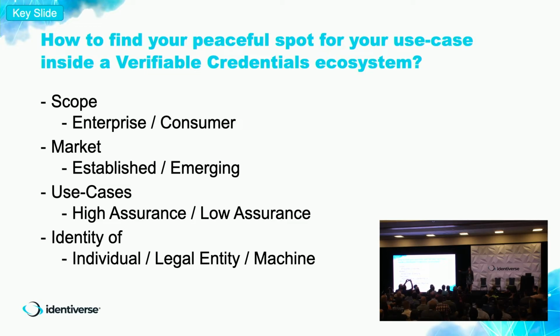Market. Established market or emerging market. Super important. In the established market, you may want to use established existing libraries. You want to use NIST-approved cryptography. You may want to ensure backwards compatibility because you want scale and stability. But in the emerging market, you may want to try new cryptography, zero-knowledge proofs. You may want to turn academic papers into implementations. You may want to not care about backwards compatibility. And it's okay. They're different markets, as long as you don't try to mix them up and acknowledge they're different.